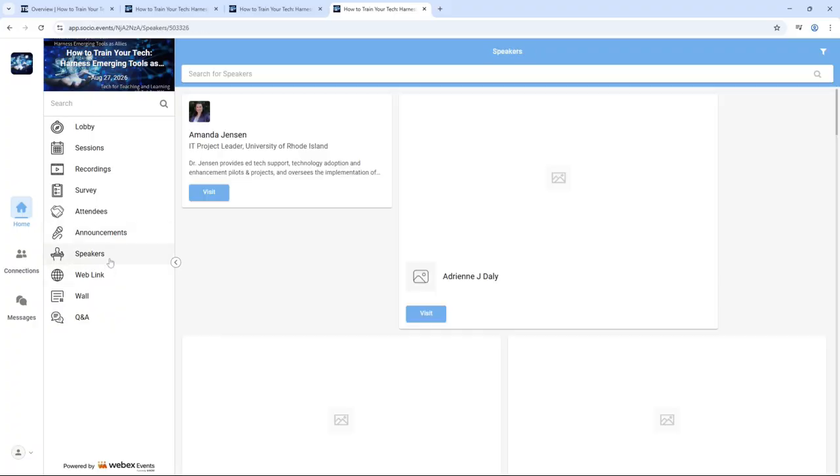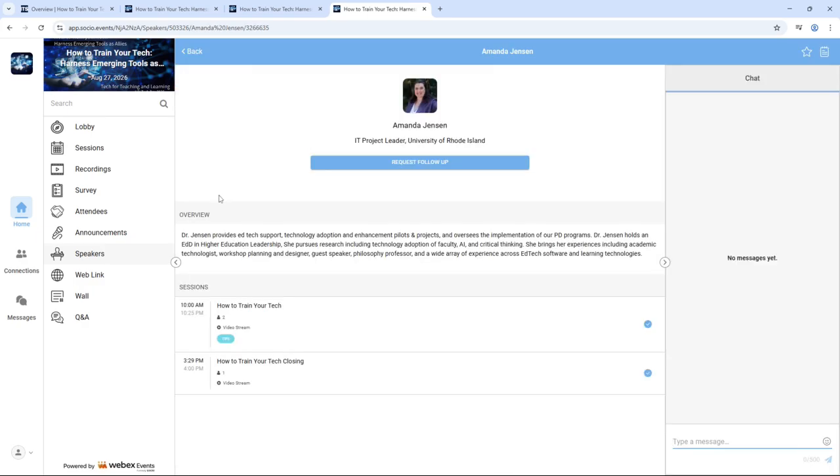In this, you're going to see all the speakers. Just to go for a brief example, on the top left, we see Amanda Jensen. She's an IT project leader at University of Rhode Island. I want a little bit more information on her. I click on visit. It gives me a brief overview of what she does, what her sessions are for the day,